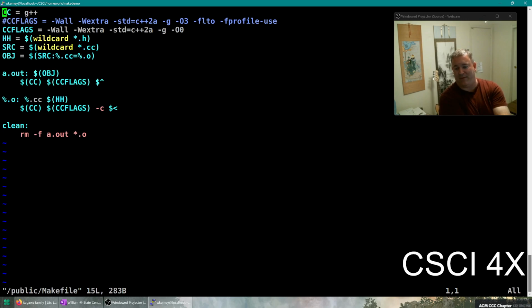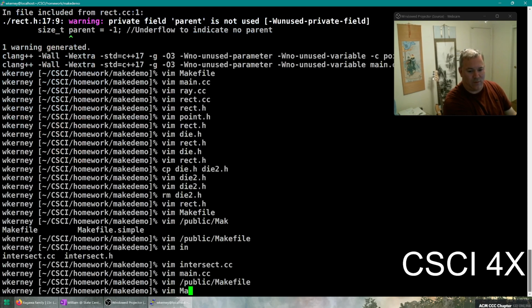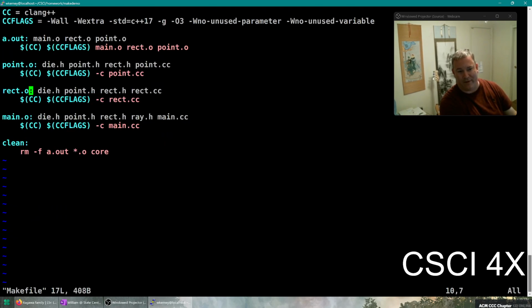It just simplifies everything. If you look at the one in here, this is kind of annoying, right? Every time you have a new dependency, you have to come into the Makefile and be like, oh, right, I forgot, like I did a second ago, that main relies upon die.h. You have to add that dependency yourself. And as you include things and not,